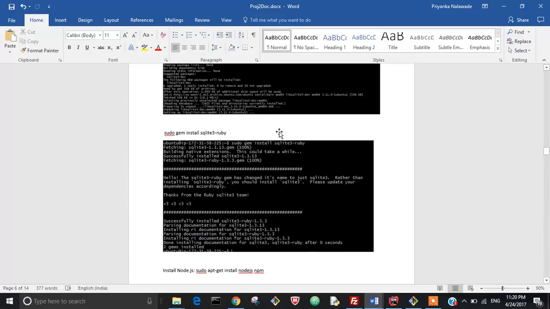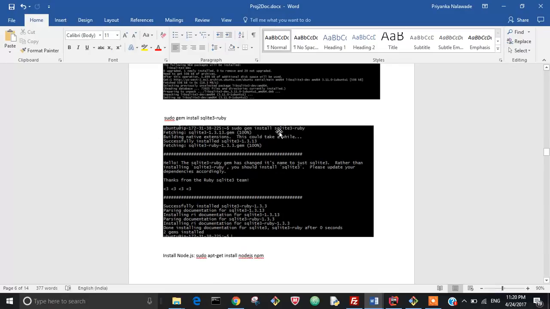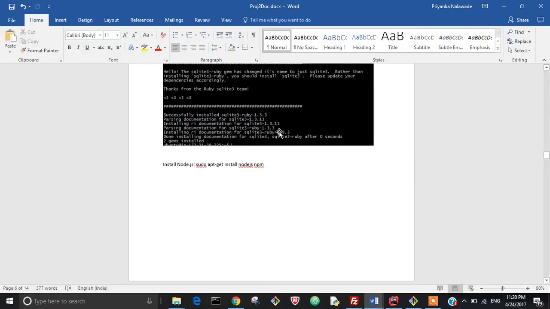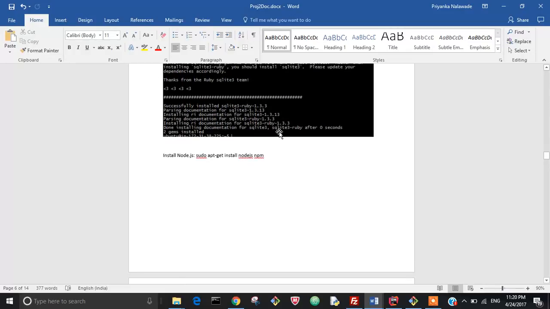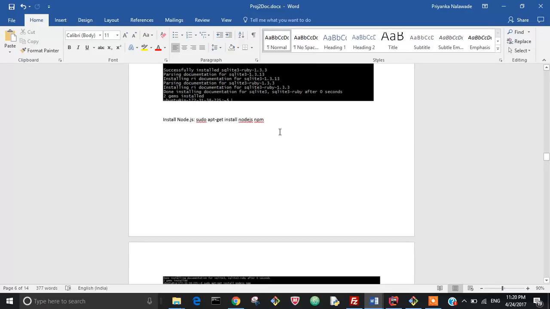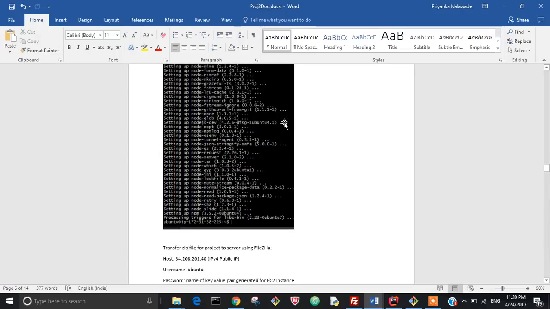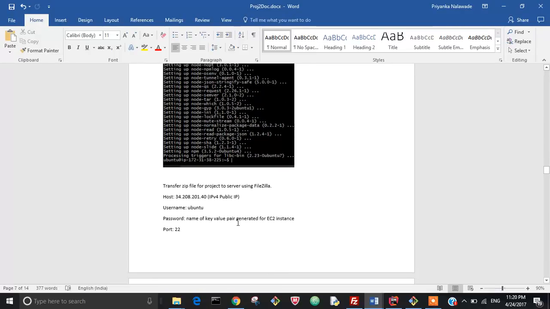Then install the sqlite3 Ruby gem, which will install the database for the Ruby on Rails application. Then install Node.js. After successfully installing Node.js, transfer the zip file of the project, the photosite app, to the server